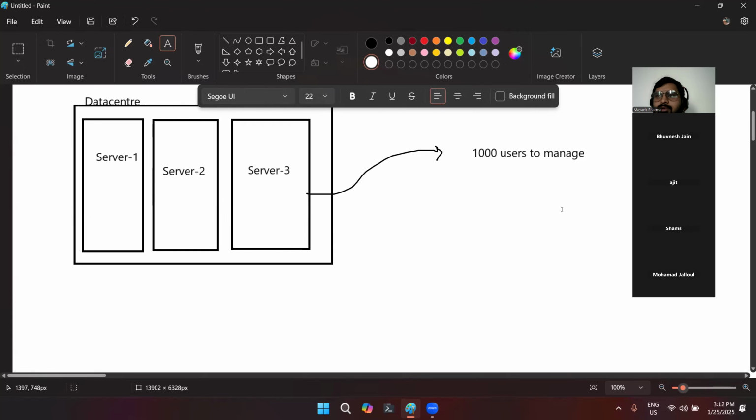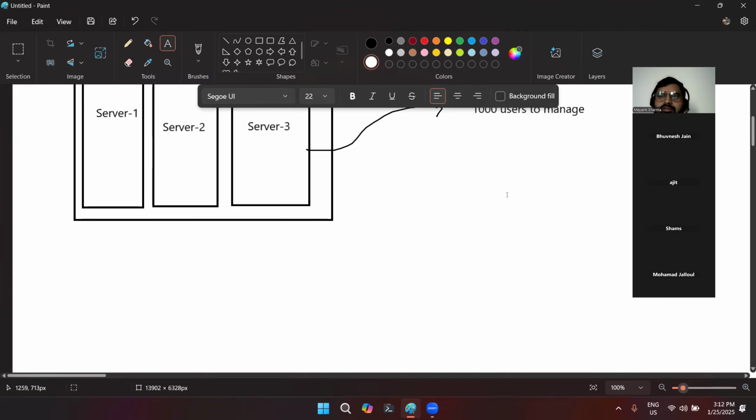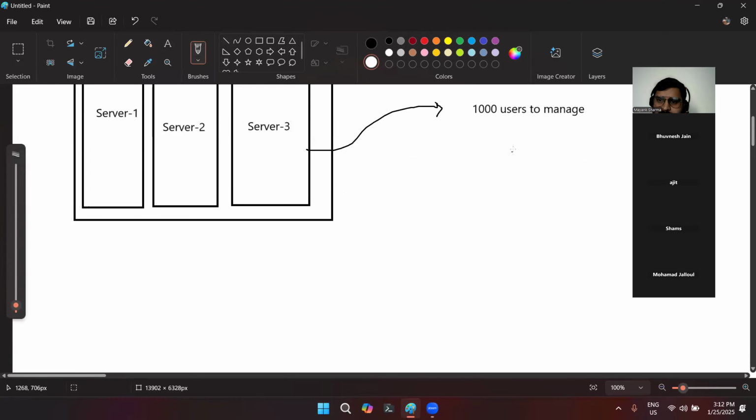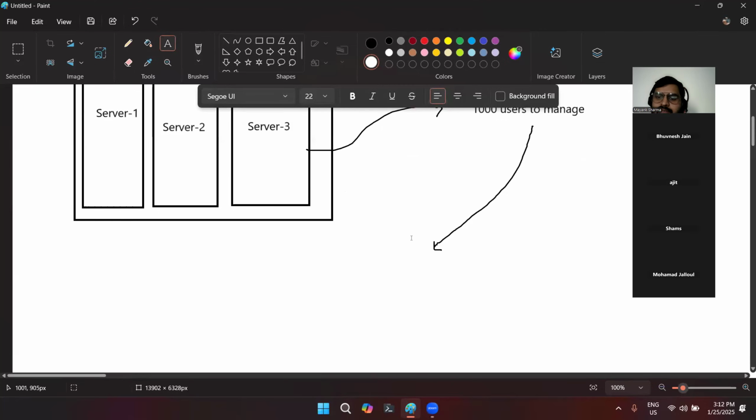It is not going to be like two identities are the same, and one person has done something called a mishap, and then the second person is getting blamed. No, each identity should be unique. And after that, according to that identity and their attributes, we have to assign permissions to them also. Okay, so to resolve this issue, there are certain services that are created in the market, and those services are known as directory services.